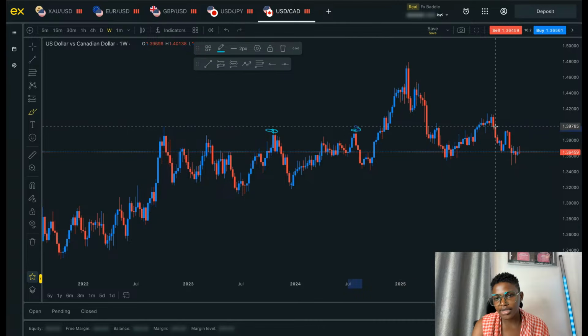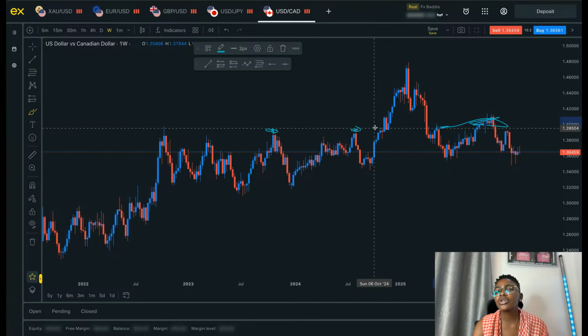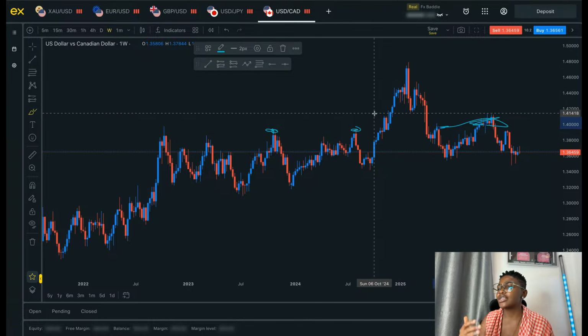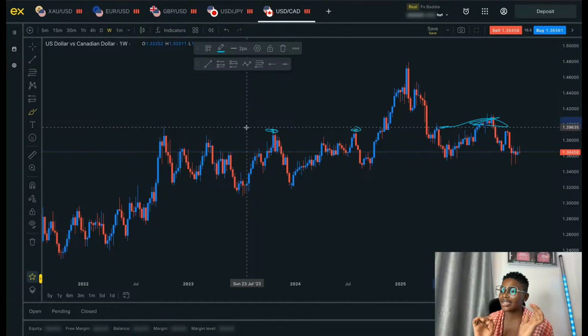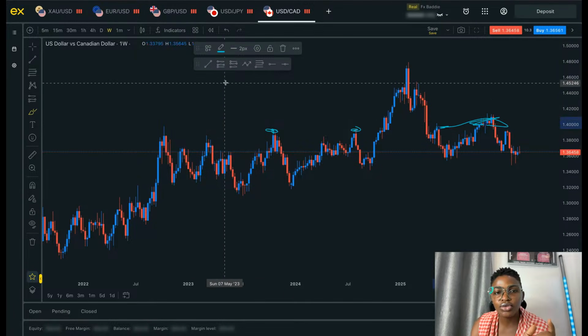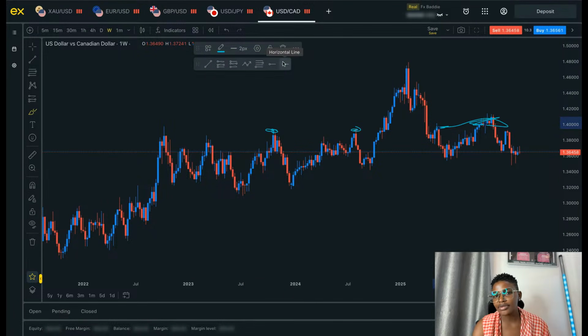I see that price, yeah, somehow here, getting across here. So key levels are levels that price has respected more than one time, right? Levels that price has respected more than one time. And when you see a key level like that, the first thing you do is take your horizontal line,